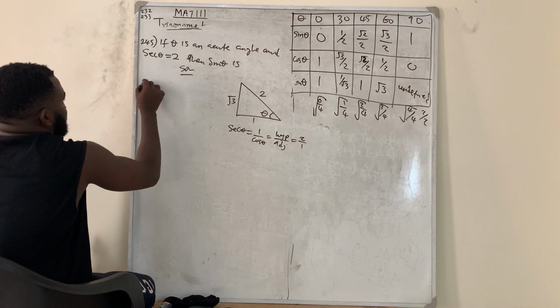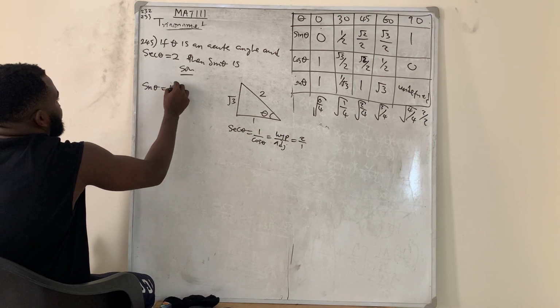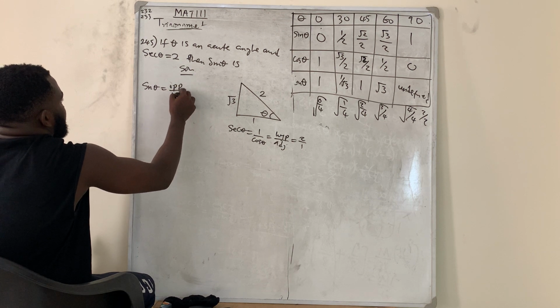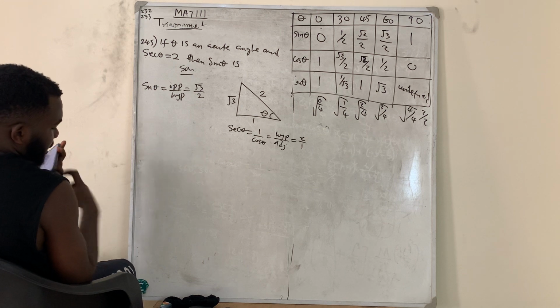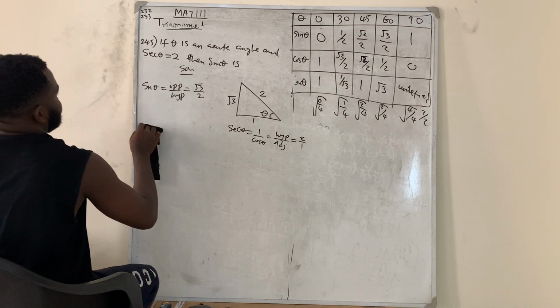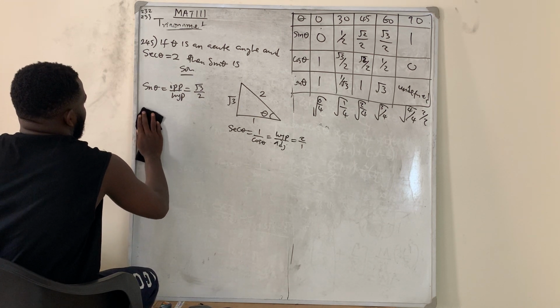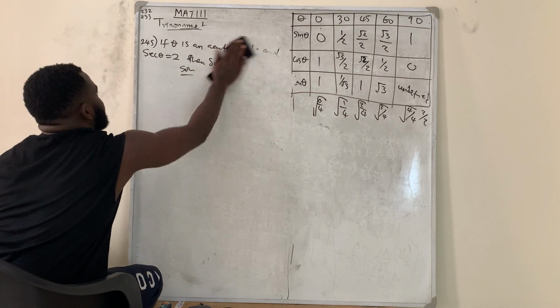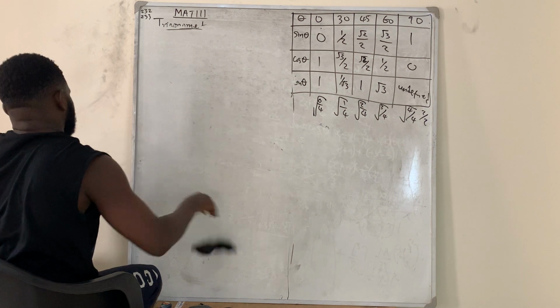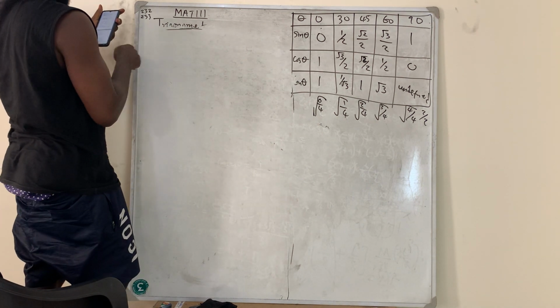Since it's going to be root 3, sine theta is equal to what? Opposite over hypotenuse, which is root 3 over 2. So that is that. Right? Okay. So we move to the next one. The next one is question number